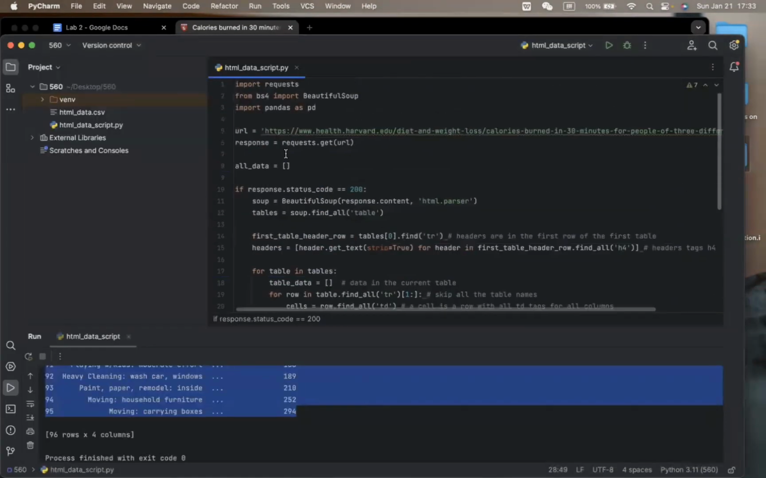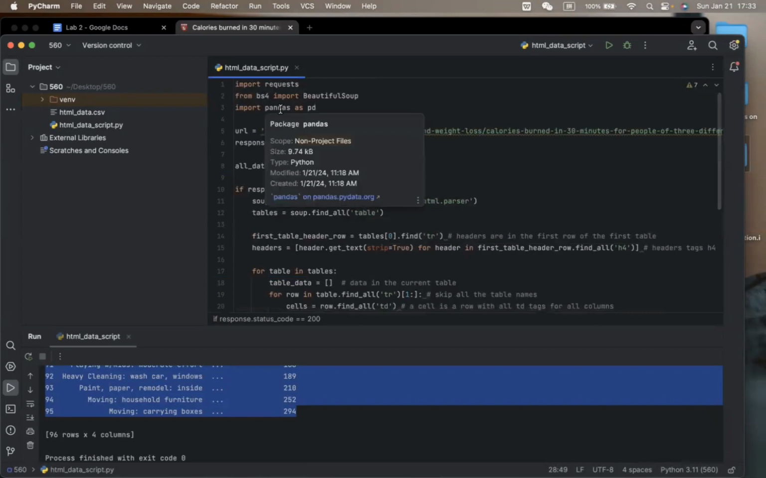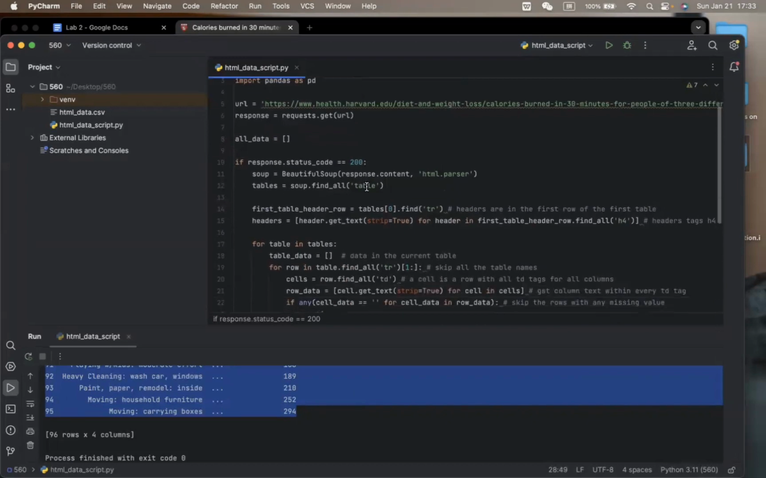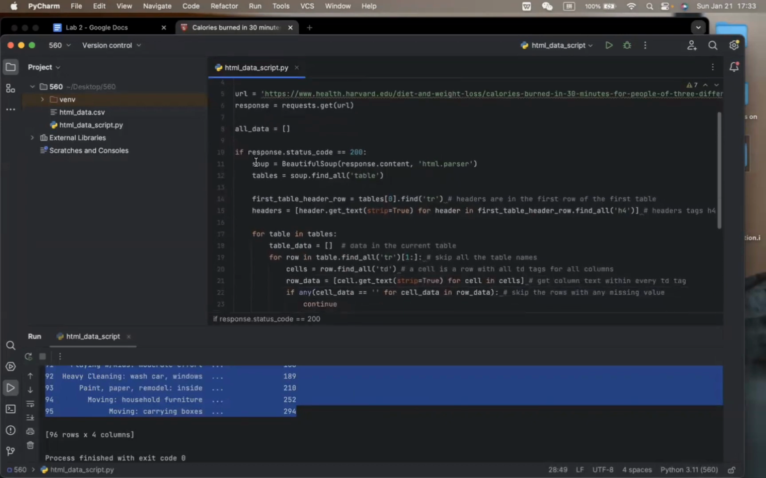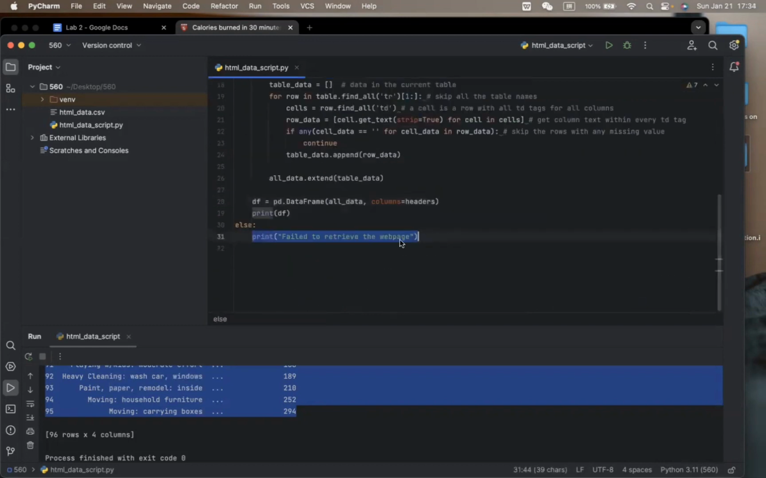So this is my script. I first imported all those libraries and I use requests get to get the content of this website. And I defined all data frames here to save all my data. And I also have an if clause. If I successfully connect and get a response back, I proceed. Otherwise, I print out a message saying that the web page retrieval failed, which is here, failed to retrieve the